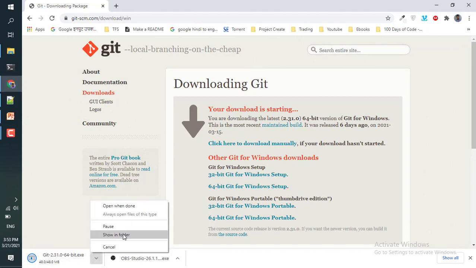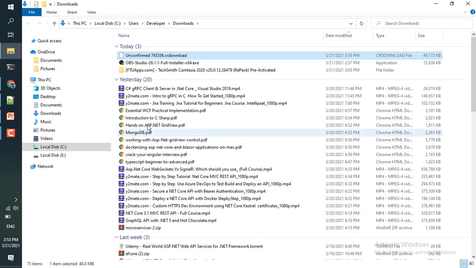Okay, now you see the application is downloaded in our download folder. We go there and double click on the exe.